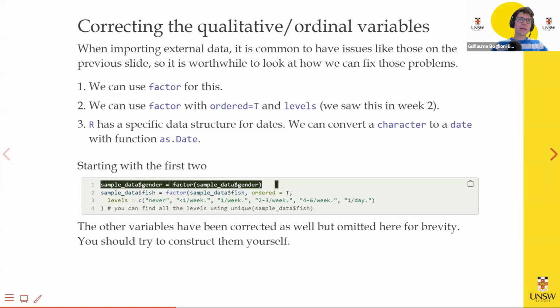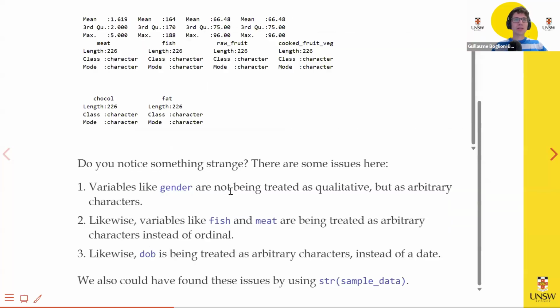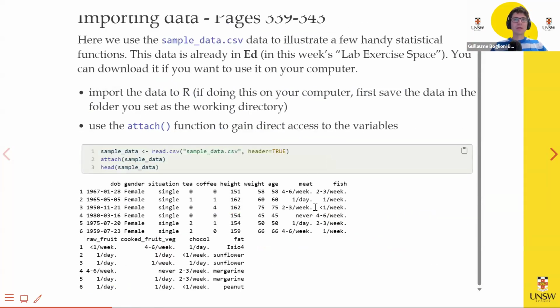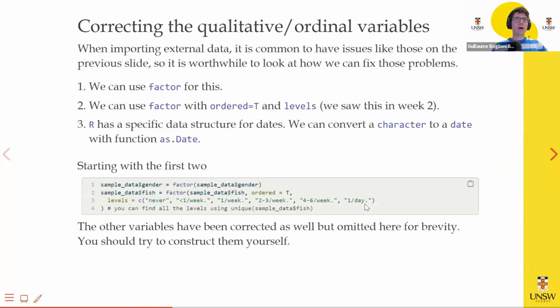For the variables that are qualitative but have an order, it's just a bit more complicated. And here, I don't think there's a simple solution. You need to tell R what the categories are and what the specific order is. What I mean is this. Fish, again, is the amount of fish people have in their diet, as displayed over there. So, 2 or 3 times per week, 1 time per week. You need to tell R, okay, this is a factor, but it's ordered, and you need to specifically give all the levels, all the possible values for this factor